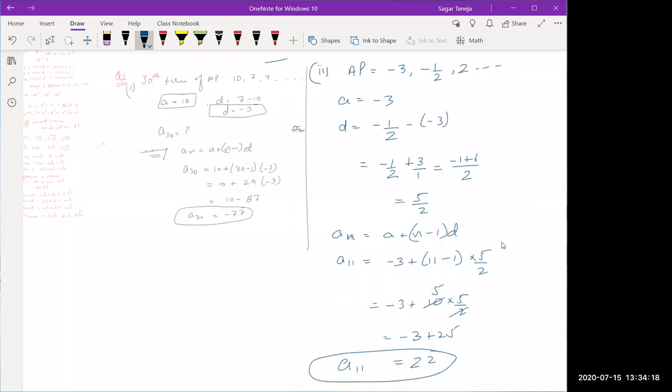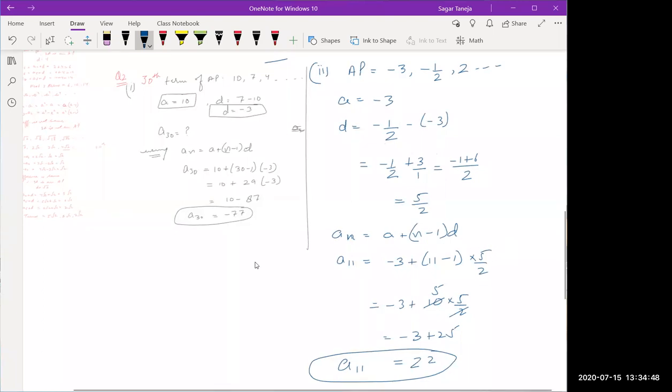Now, question number 3. Listen very, very carefully. If you are able to solve all the parts of question number 3, it means you will be able to solve the full exercise. As simple as that. Because question number 3 will help you to solve each and every question. After this, word problems are given. After making the equation, how to solve them, that you have to learn in question number 3. That is how to solve all the equations.